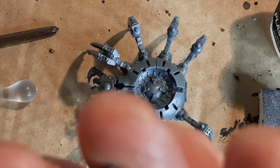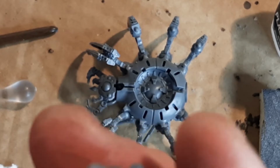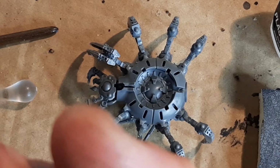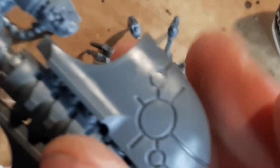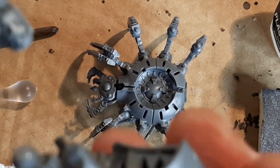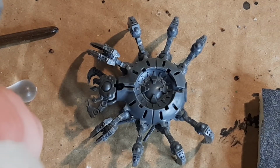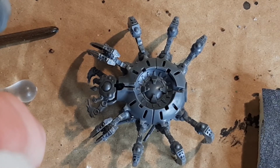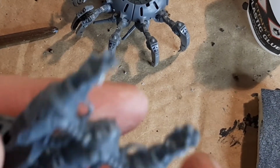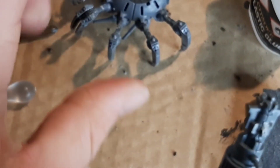this should go onto there. I was starting to get confused now. Where's that going? Yeah, that goes onto there. So I'm going to glue that in now. Right, now that's in. The only bit you're left with is this little bit, that slots into the back end